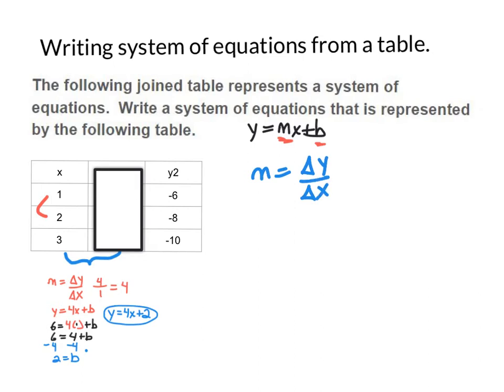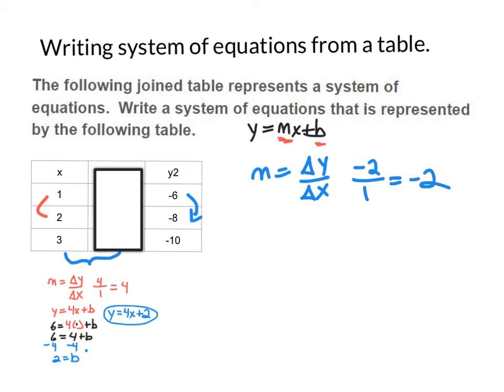Here, our change in y, if we're going from -6 to -8, is actually a change of -2. The difference in -6 and -8 is -2. And then over here, the change in 1 and 2 stays the same. That's 1. So our slope is